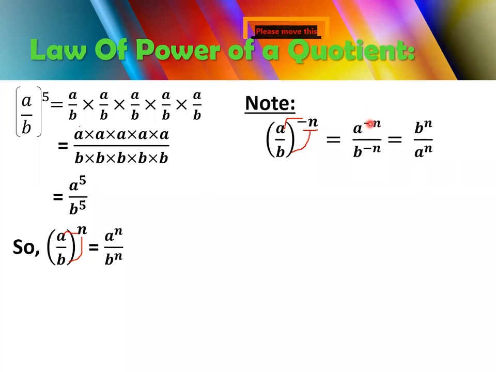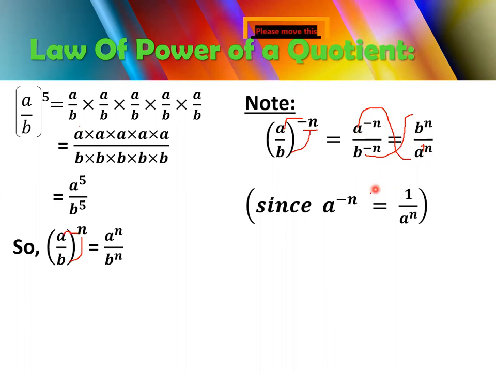And now you have to convert this minus power into a positive power. You know that if you move a raised to the power minus n into the denominator, it becomes positive n, and when you shift it towards the numerator, the minus n likewise becomes positive n. Why is that so? Because a raised to the power minus n is equal to 1 upon a to the n. If your exponent is minus, you simply take the reciprocal, so it will become plus.